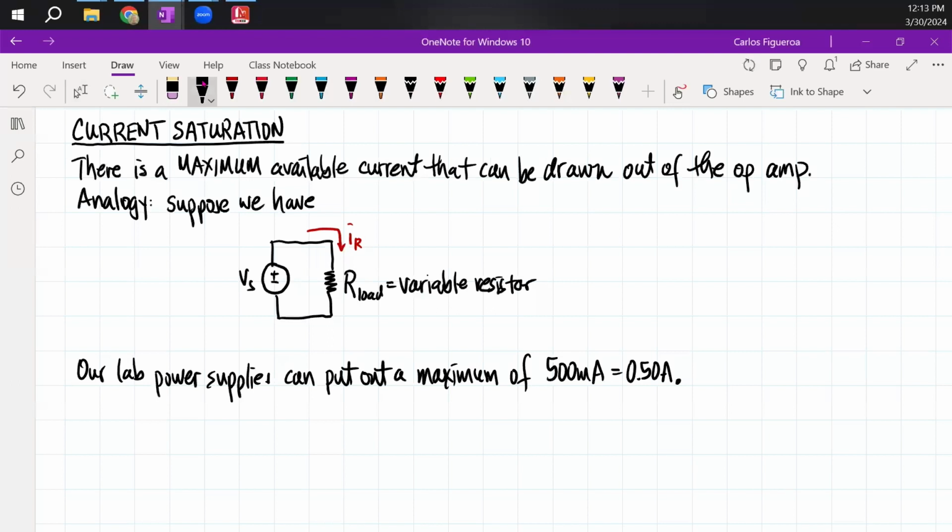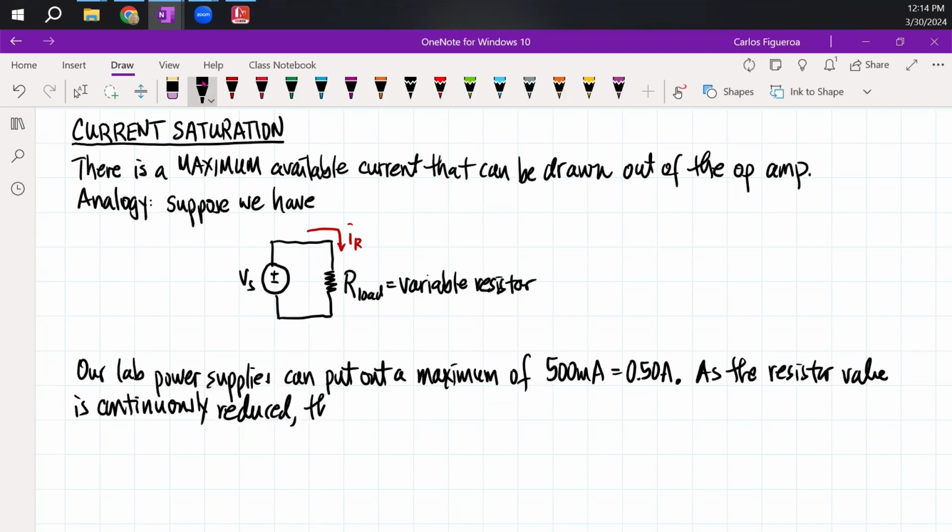So one could imagine here as the resistor value of the decade resistor box is continuously reduced,